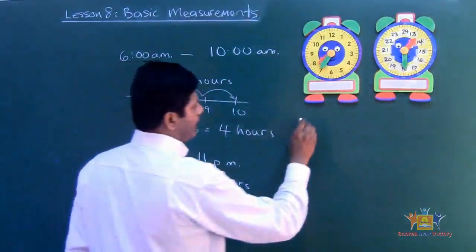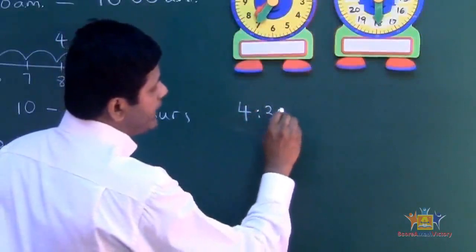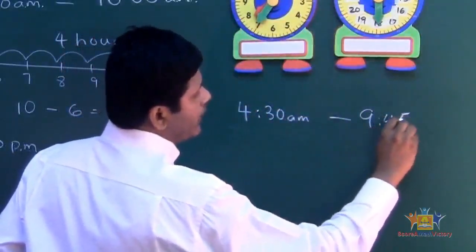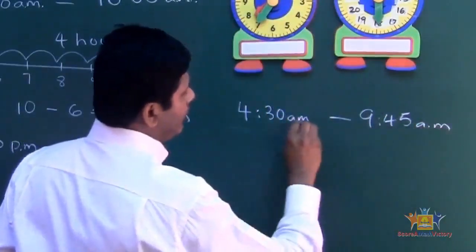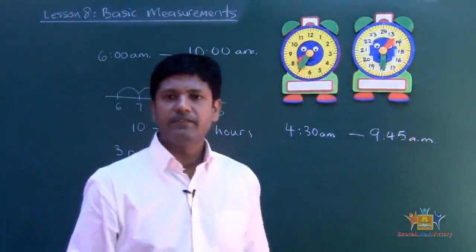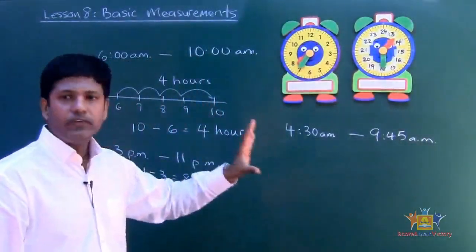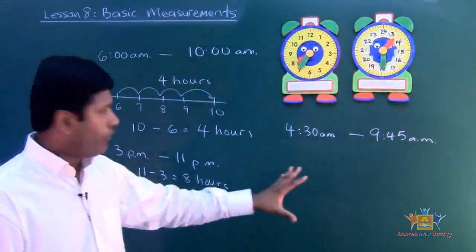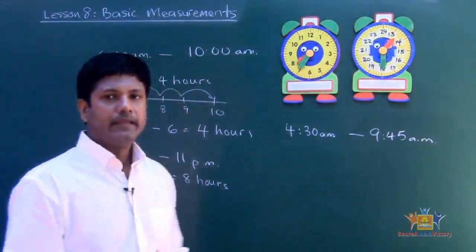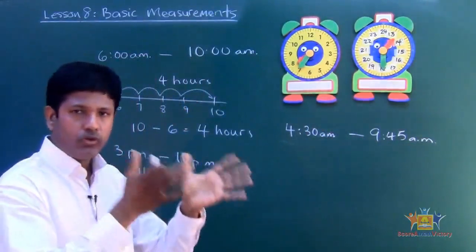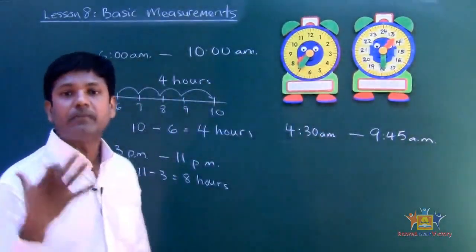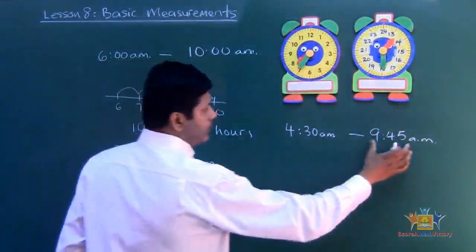Let's say, for example, I want to find the interval from 4:30 AM to 9:45 AM. The first thing I want you to look for is to make sure they're both in AM, the same part of the day. Both are AM, so that means I can subtract them. Take the big number,